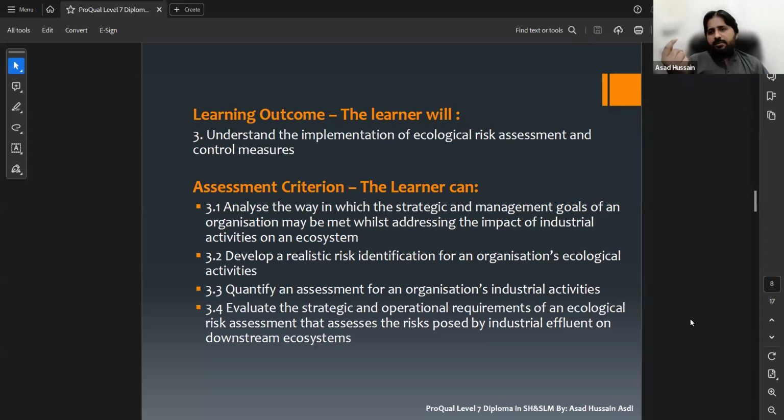The first thing, air; second, land; and the third thing, water. So industrial activities are the main cause of destroying or contaminating these three elements of the environment, like industrial waste coming